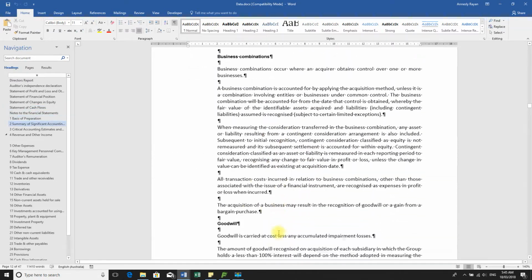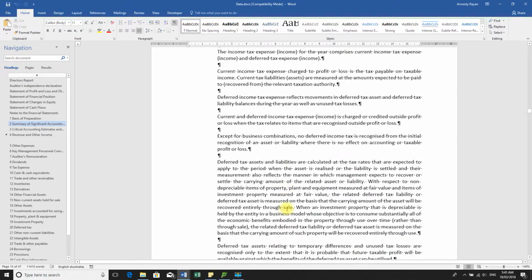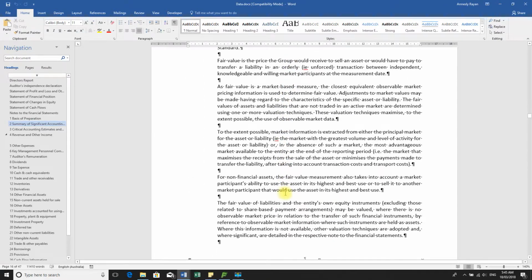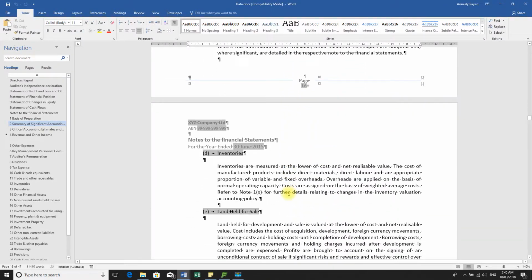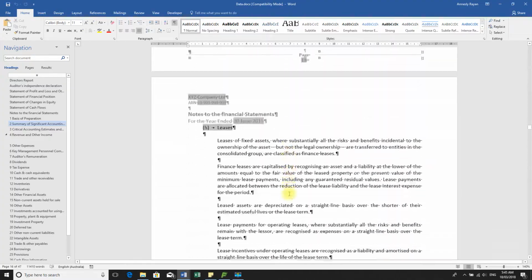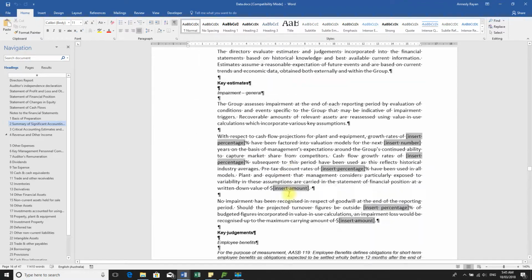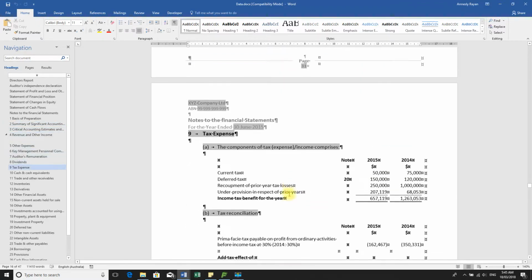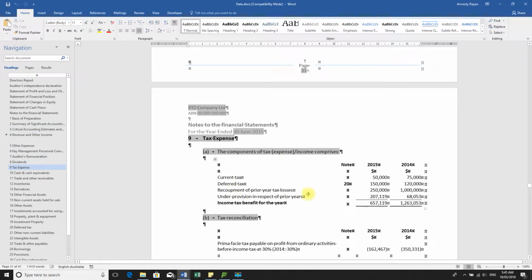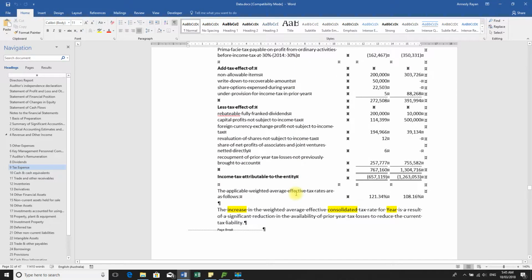And here's the policies, and so you basically get the idea. You've seen financials before, I'm sure, and you know what's needed to go in. So this is just showing you the layout of how it's been set up. I'm just scrolling down here. I don't think I really need to go through this, but I thought it might be a good way to get you to conceptualize what I'm trying to achieve